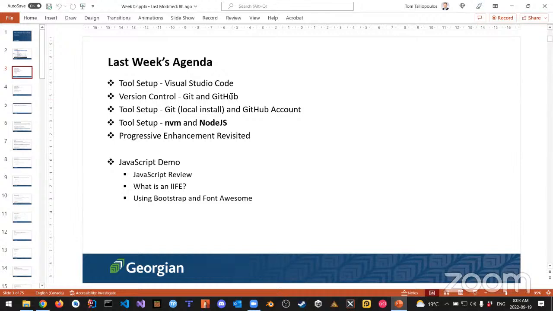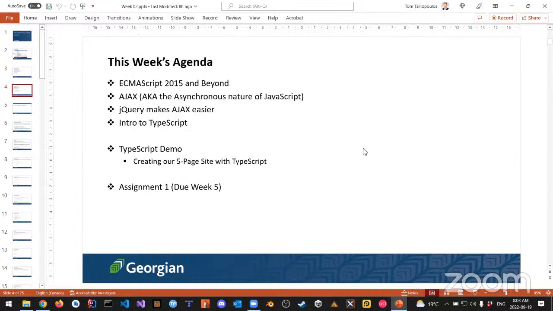And today, this week's agenda is slightly different. We're going to talk really briefly about ECMAScript 2015 and beyond. You know all this already, but I need to do a brief review because I need to connect your last class with this one a little bit, and for some of you who've been out of it for a bit and haven't done JavaScript. I only want to talk about the highlights of ECMAScript 2015 and beyond, and what things you should know,